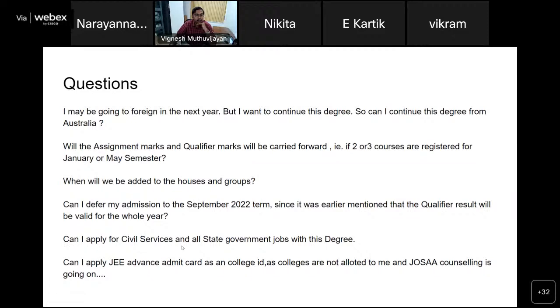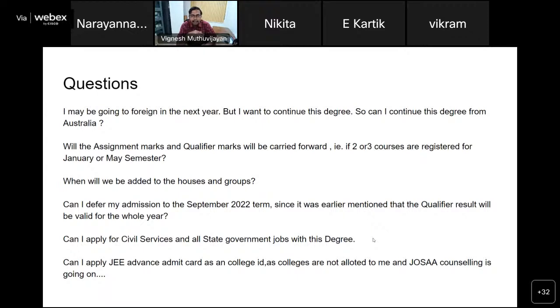Can I apply for civil services and also? This is a standard question which we get. IIT Madras is a degree granting institution, so this degree, the BSc degree or the BS degree, is an official degree from IIT Madras. It is as valid as any other degree from IIT Madras.